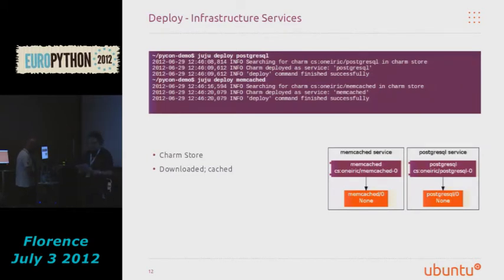So we're now going to deploy some infrastructure services. We're going to use a charm store. So we're going to grab the PostgreSQL and Memcached charms directly from the charm store. They're pulled directly from the charm store by Juju. They're cached locally on disk, and they're injected into the environment that we're targeting. So they're pushed into the Zookeeper tree in the Bootstrap node, and then they're available for the service units that are subsequently started by the provisioning agent to be pulled down and installed by Juju during that initial bootstrap of each server that's going to be supporting our service. So we end up with an isolated Memcached service and an isolated PostgreSQL service.